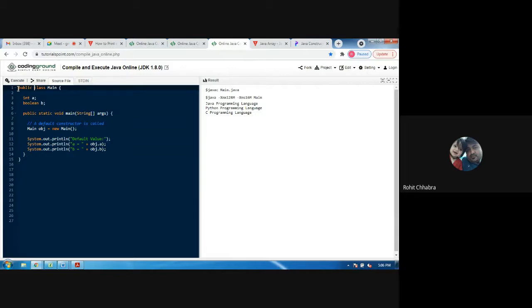We have not created any constructor, and we are not providing any value to those variables. So the default value of int a is 0, and the default value of boolean is false. So it will print a equals to 0 and b equals to false. This is the default constructor that Java calls for object creation.